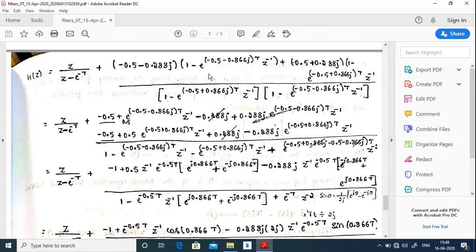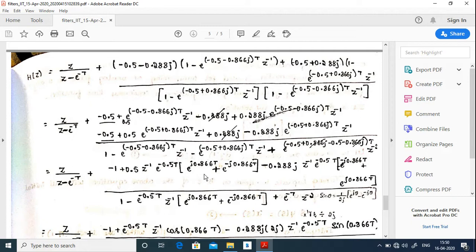Now you further multiply this term with this term, this term with this term, similarly this term with this term. As a result you will get it like this. Now as you are observing here, if you carefully observe, you will have a negative term here and a positive term here, which you can cancel out. Similarly, you have minus 0.5 and minus 0.5, which you can add, which will give us minus 1. And if you observe this term and this term, you can take something common, that is 0.5 into z power minus 1 into e power minus 0.5t. You can take it as a common.